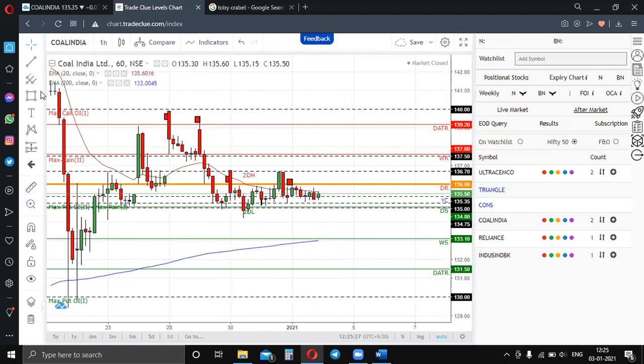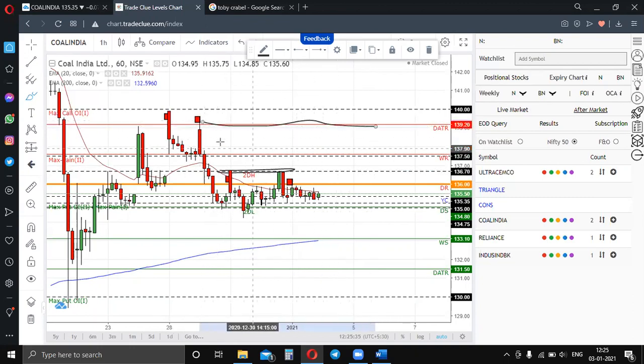Moreover, if it sustains above this near term resistance zone, the good opportunity is up till this zone, because there is no one to hold the price in between,